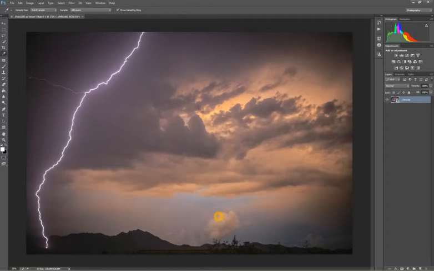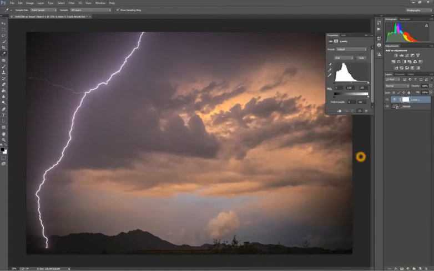So here I've got a picture of a recent lightning strike outside of my home, and it's kind of flat, has the basics here. Unfortunately we have a little bit of the neighbor's roof there. He doesn't seem to want to tear down his house just so I can take pictures, but that's kind of neither here nor there. Now first of all, we're going to start with levels,